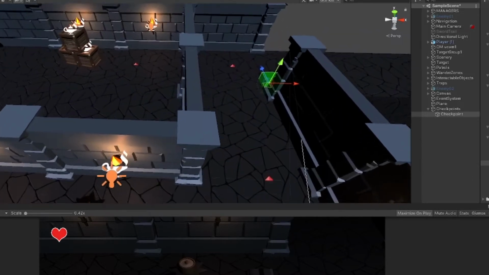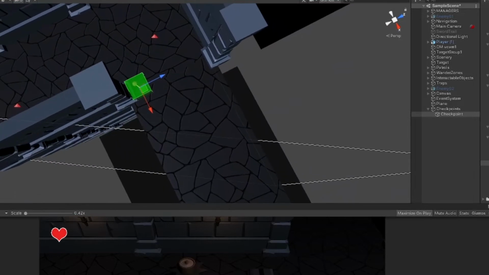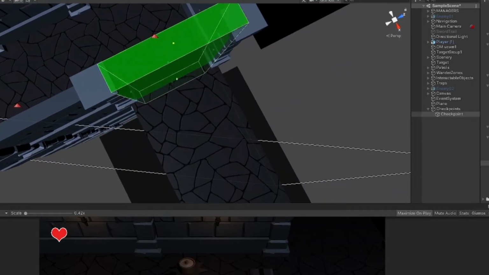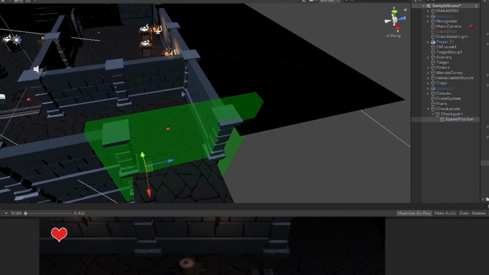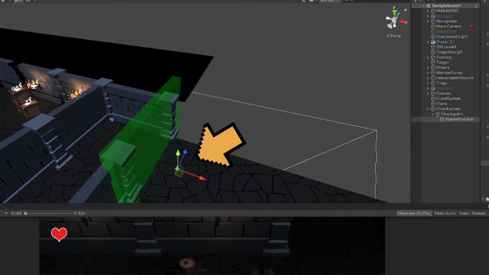Whenever the player touches one of these colliders, the checkpoint will be set as the active one, and if he happens to fall down, he will be teleported back to its position. But most times I will probably want a different position for the checkpoint than the spawn position. So this is customizable, and can be seen in the editor as this green diamond icon. Let's try this checkpoint system.